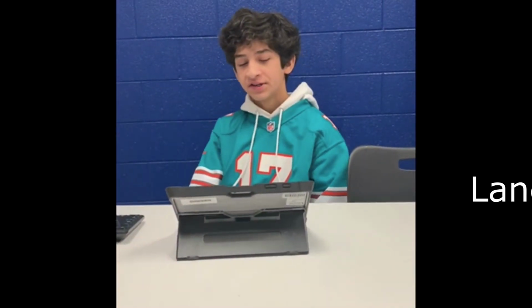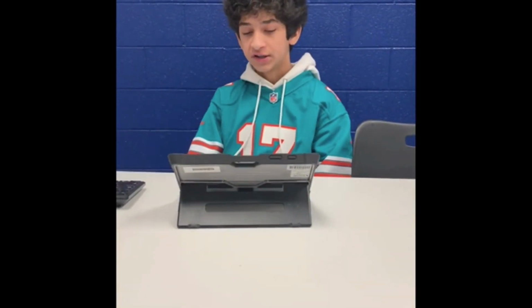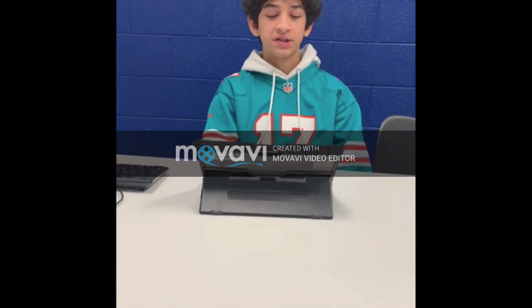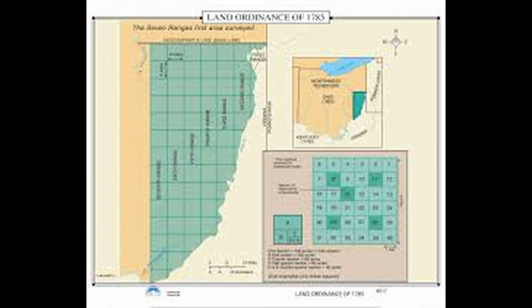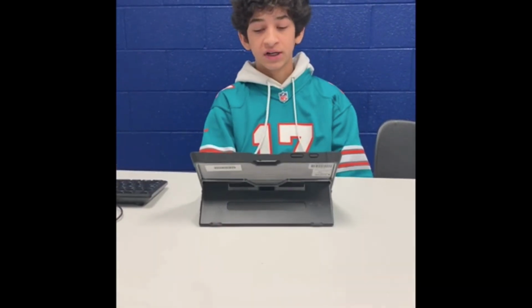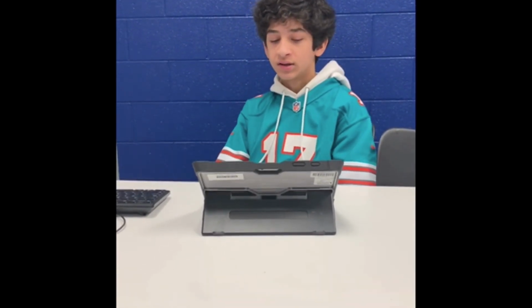Land Ordinance of 1785, May 20th. This was adopted by the United States Congress of Confederation on May 20th, 1785. This was a system where farmers could purchase farmland in the undeveloped West. This law helped to organize the sale of Western lands. Western lands were divided into townships that were 6 miles wide and 6 miles long. This affected slavery by stopping it from spreading.